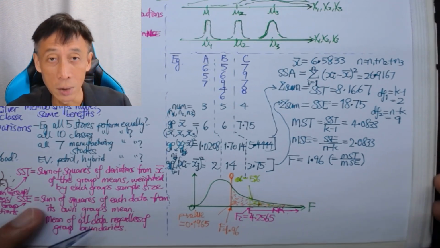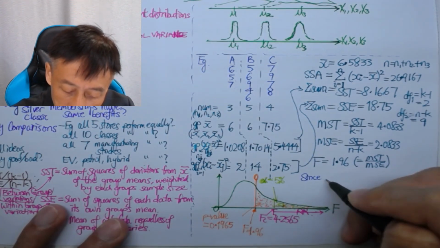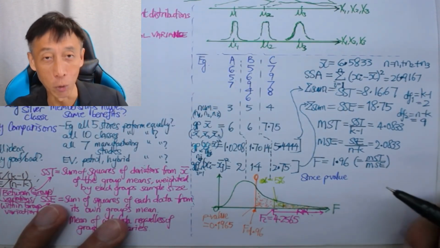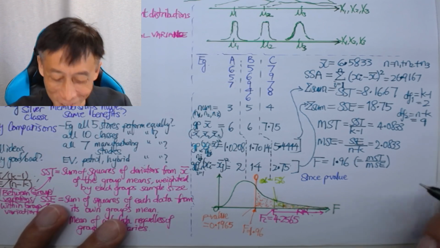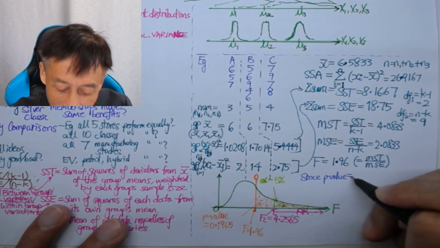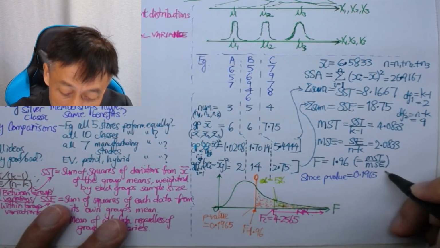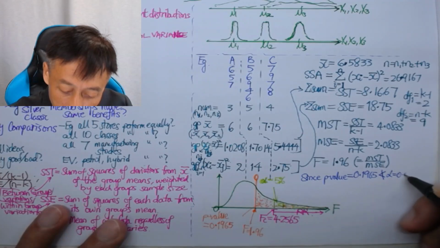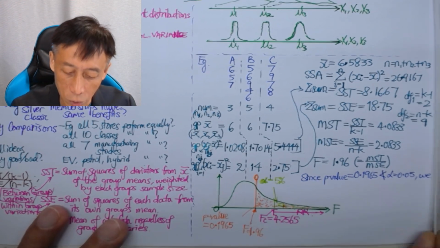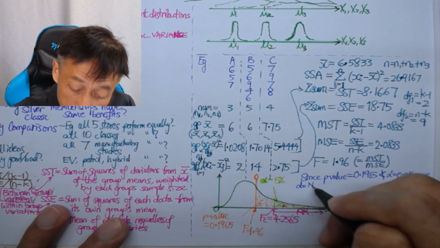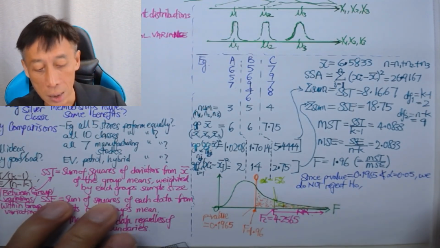Well, of course, we practice what we have learned about hypothesis test conclusions. This part will be boring if you have been looking at earlier videos, because it is supposed to be boring. There's no creativity here, right? We would just say the obvious fact. Since the p-value, 0.1965, is not lesser than alpha, which is 5%, for that matter, even 10%, we fail to reject, right? So we do not reject H naught, and say what H naught says